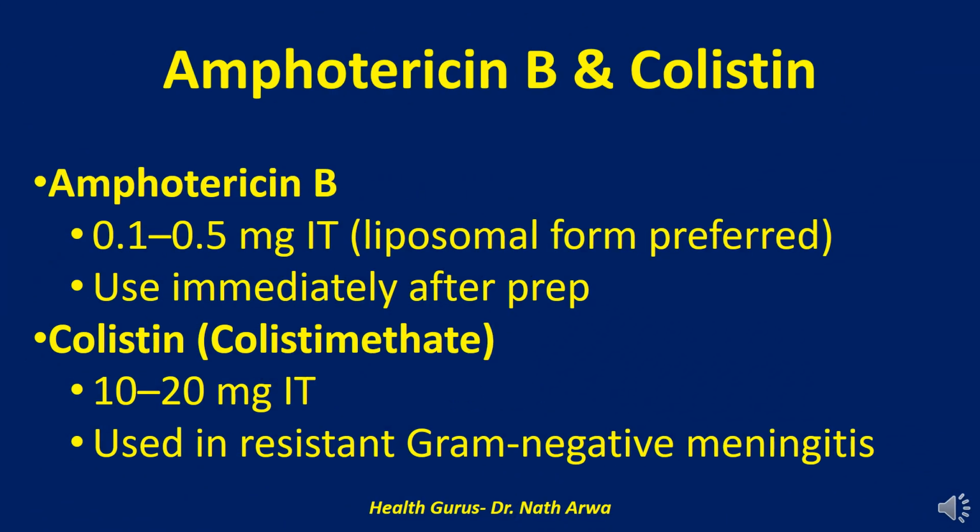Now let's shift our focus to two powerful yet rarely used intrathecal agents, amphotericin B and colistin. These drugs are reserved for life-threatening, treatment-resistant CNS infections, where every microgram matters and every second counts. First, amphotericin B, an antifungal agent with potent action against Cryptococcus, Candida, and certain molds, often used in fungal meningitis,